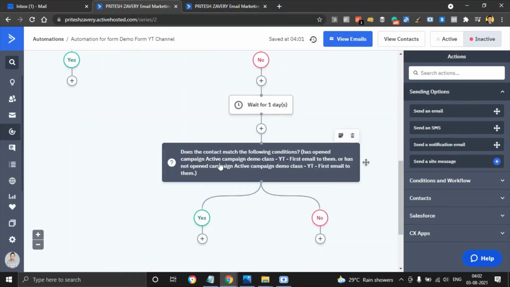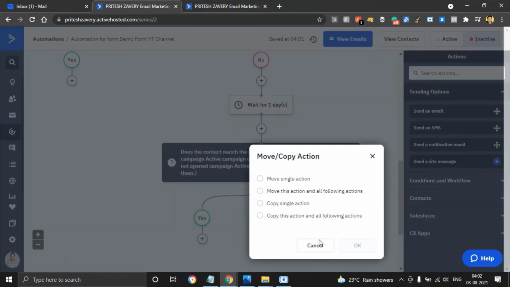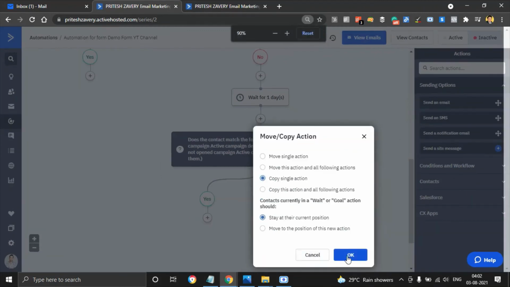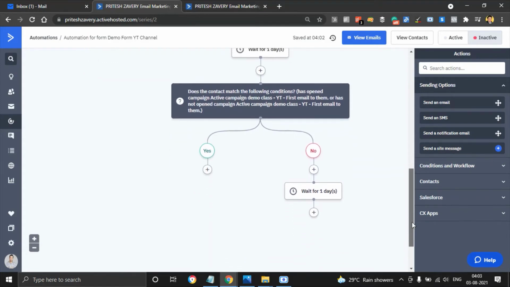After we have sent this second email reminder to them, we will wait for another day and see if they're opening our email or not. We'll repeat these actions at least 3 times here. You can always modify it as per your best understanding of your business, and you do not have to simply do what I'm doing, but this is just for tutorial purposes. You can always modify this as per what suits best for your business.